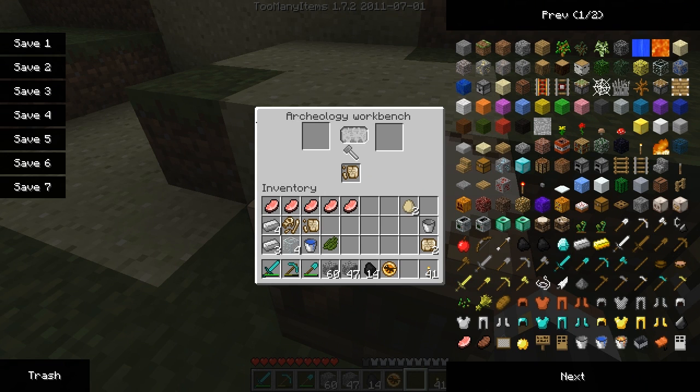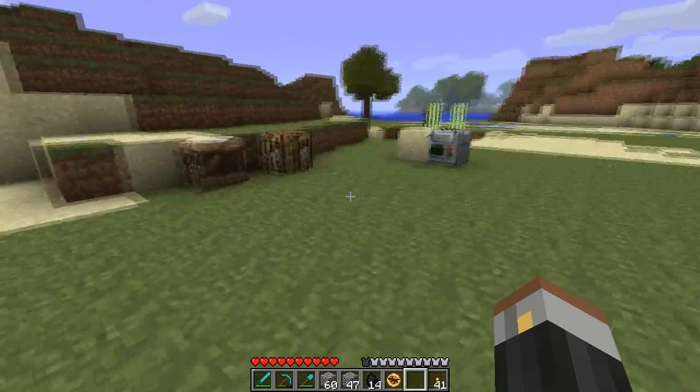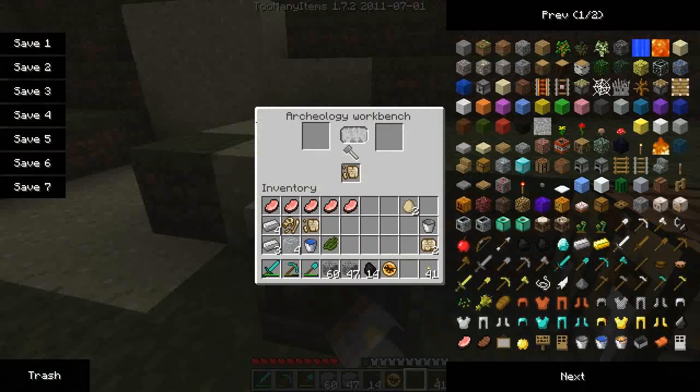The Archaeology Workbench is used if you can find old broken swords and helms, and you can put them in there. I think it's up to 10 relic scraps you put in there, and it will end up creating a usable sword for you. So it does take a little bit of time, so I'm not going to show you it being done, but